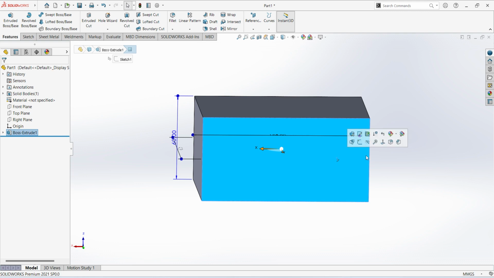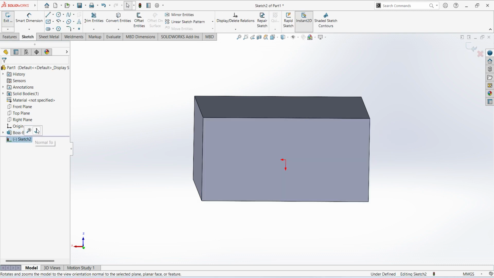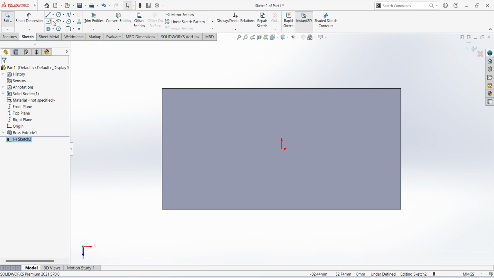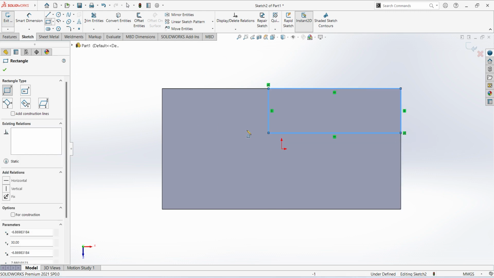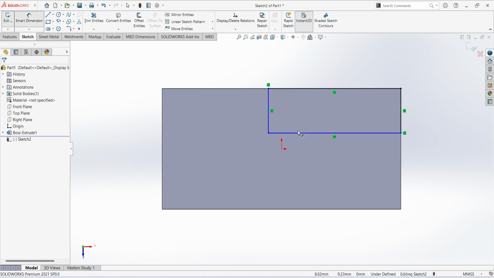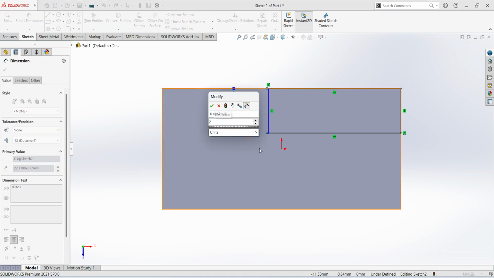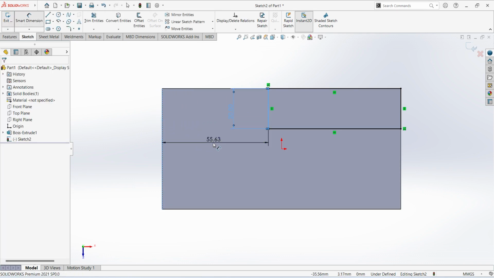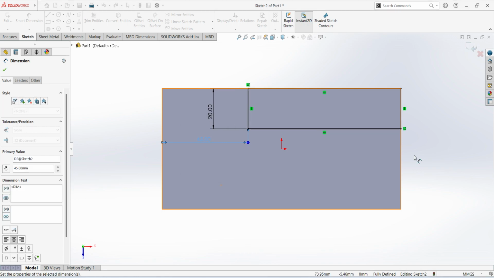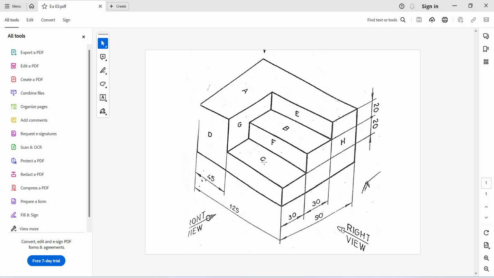Again click the surface, sketch, normal, select corner rectangle, give the dimension, this is 20 mm, here to here 45 mm. You can see here to here 45 mm, height is 20 mm,